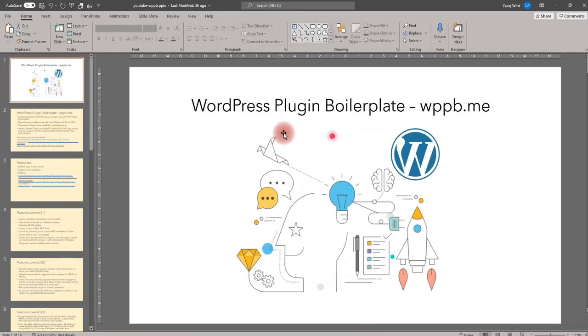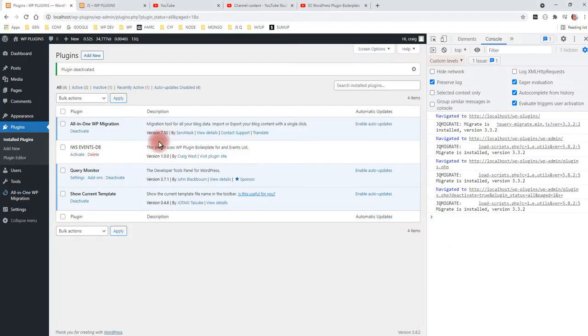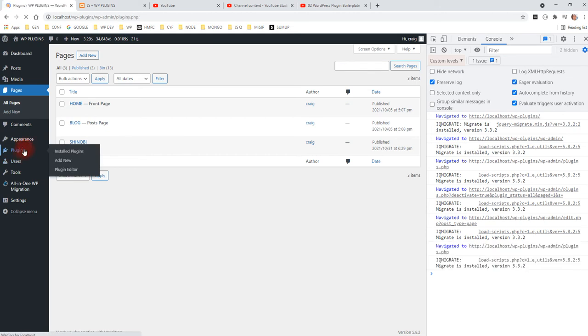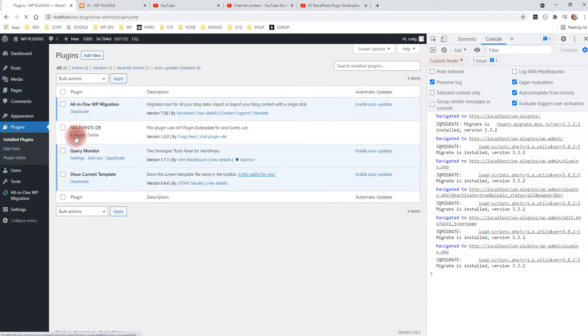Welcome, this is the WordPress Plugin Boilerplate video series, and what we're going to do in this video is have a look and see what it actually does. Just to bear in mind, if we look at pages just before we start, these are the three main pages. When we go into plugins and activate it, one of the things we're going to be doing is